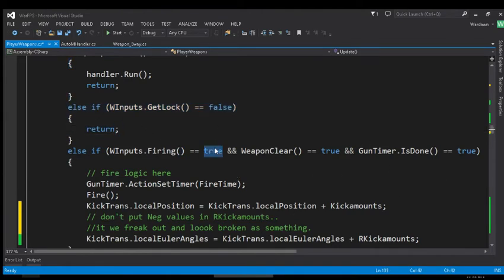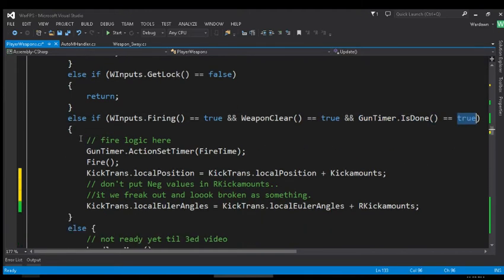If we're firing, if our input says we're firing, we want to fire, and weapon clear equals true, so the weapon is clear to fire, and gun timer dot is done equals true, then we do this stuff. We set our timer to increment, you know, so we can't shoot every single frame, which would be ridiculous. We shoot, we call fire, the fire function,